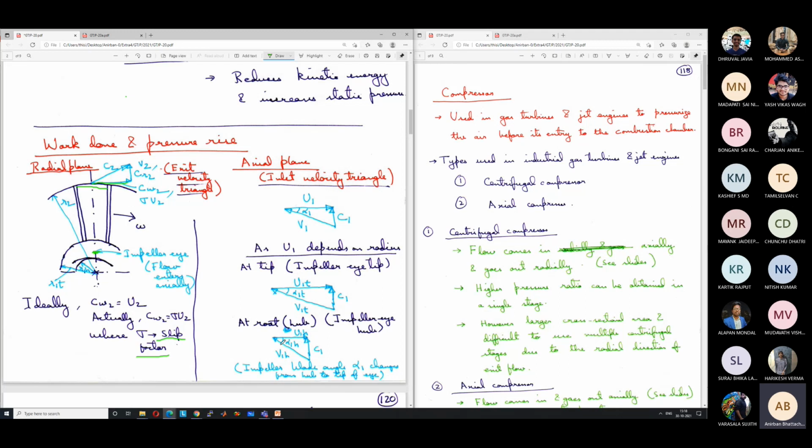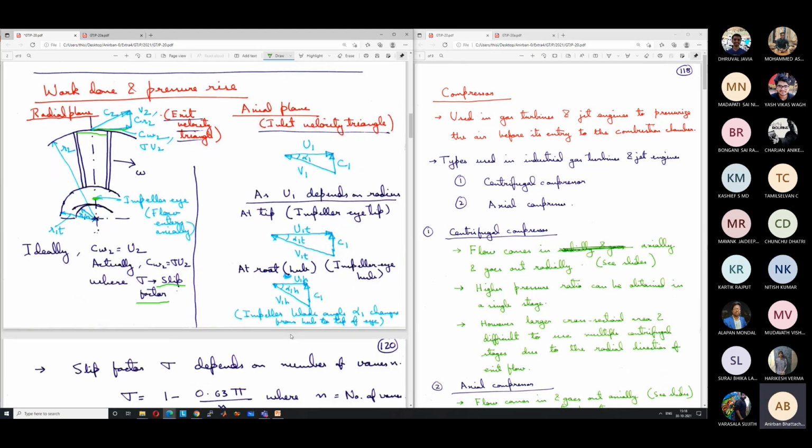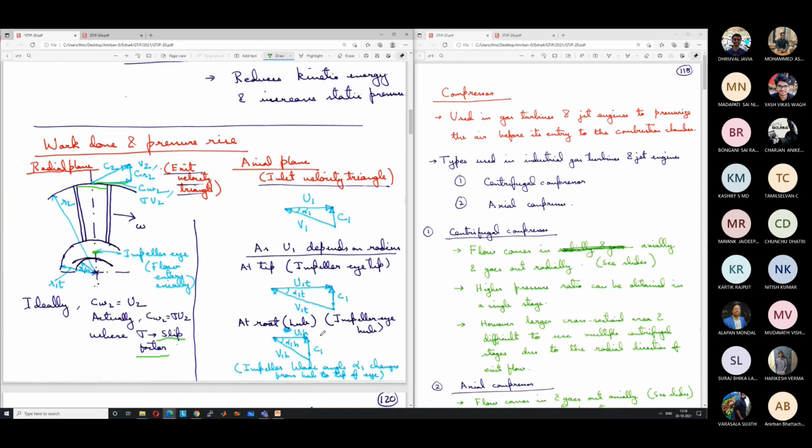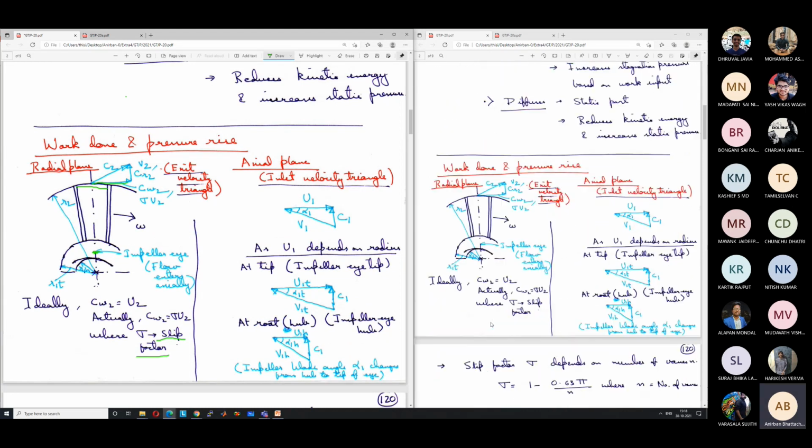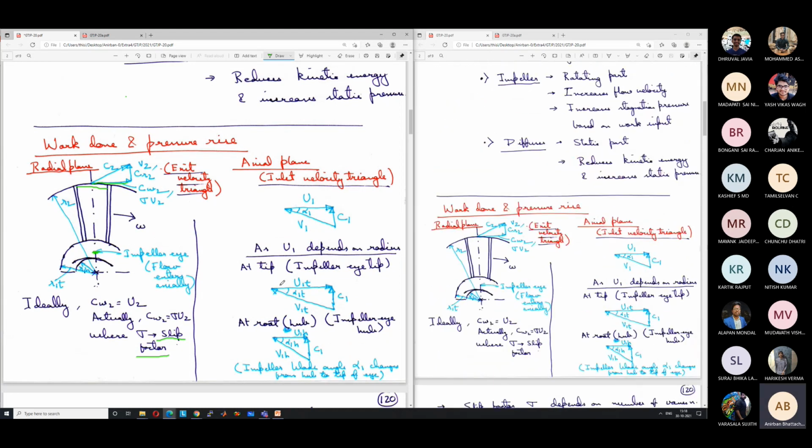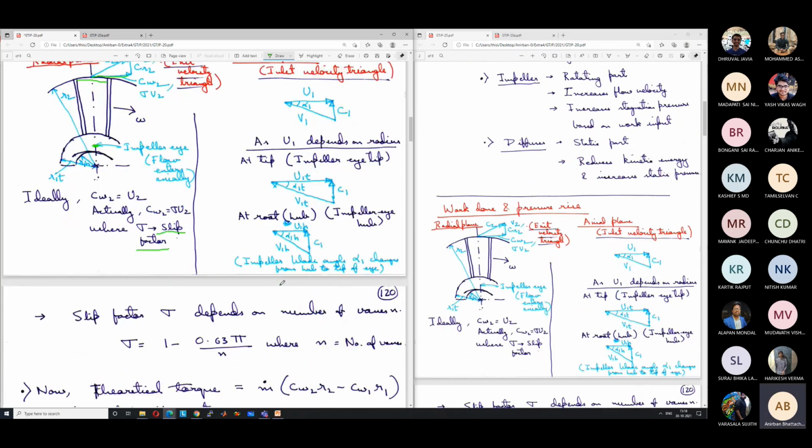Okay, so it bends more and more towards the tip. It becomes more and more towards the direction of movement of the blades. That is what we have seen in the picture also. Okay. Is it clear? We'll keep this diagram open here. This will be required for our subsequent analysis. I hope this is clear.